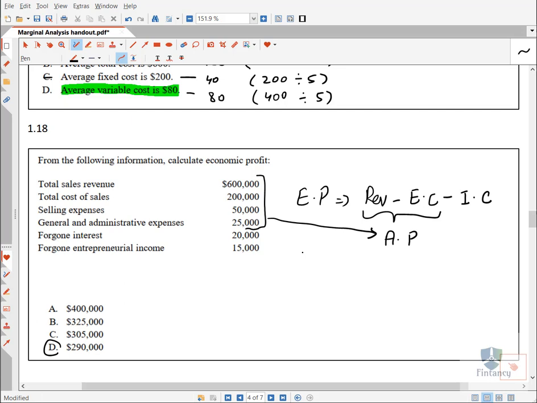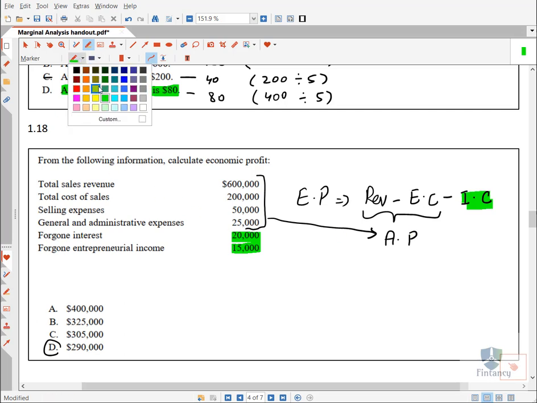Similarly, in this type of question, they can ask you what is the implicit cost, right? So what is the implicit cost? The implicit cost is this one. These two are my implicit costs, right? If the examiner asks you how much is your explicit cost, what will you say? You will say your explicit cost is these three figures. Okay, revenue you know very well. The revenue is 600,000. So you need to remember this. I hope it's clear to everyone. Let's move ahead.